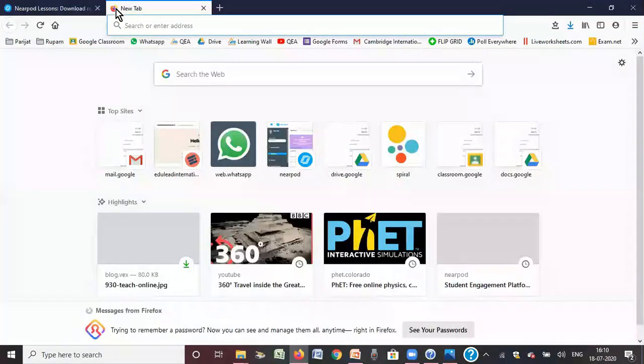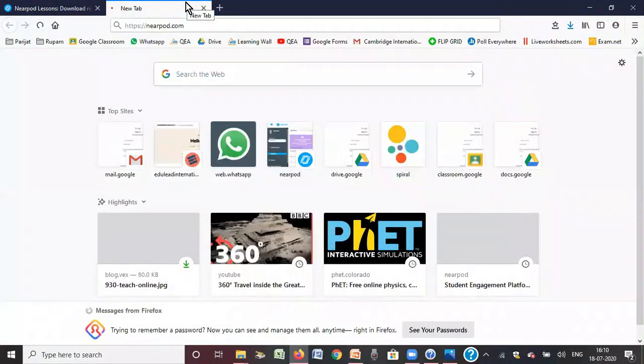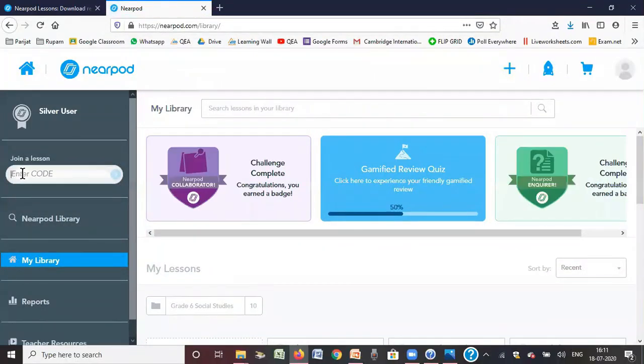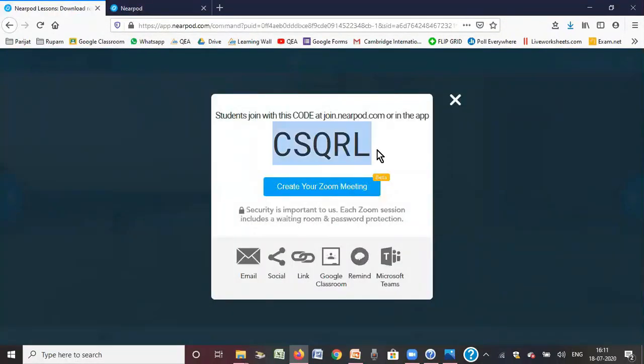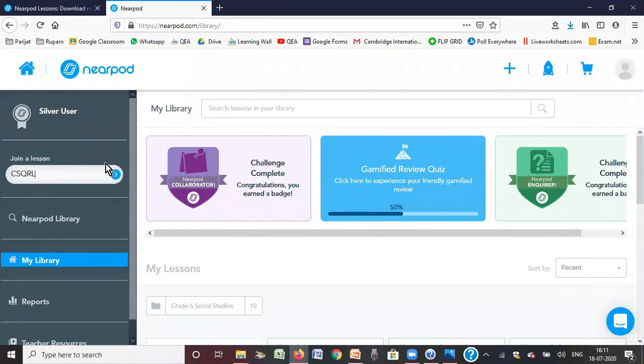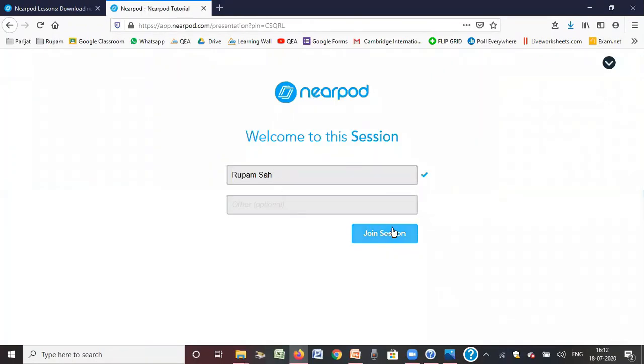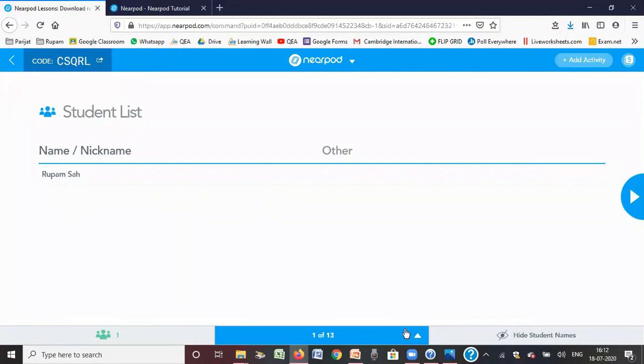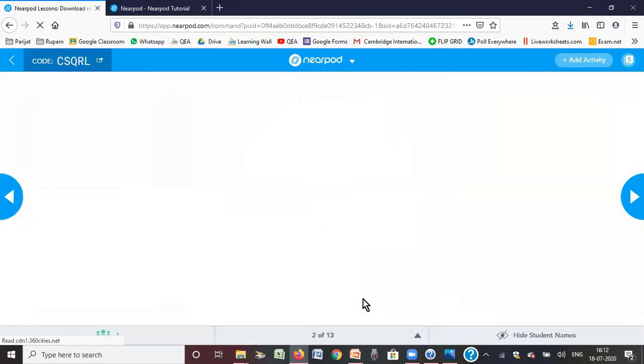I'll type nearpod.com, and it says join a lesson, and I have to enter the code. So I'll copy the code. As a student, the students will be entering their code here, and then they will join the lesson. This is from where I have joined the session. So one student has joined in. As a teacher, I know about it, and now I'll begin with my lesson.